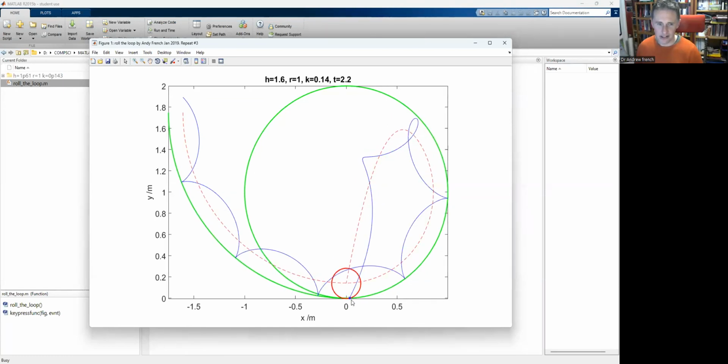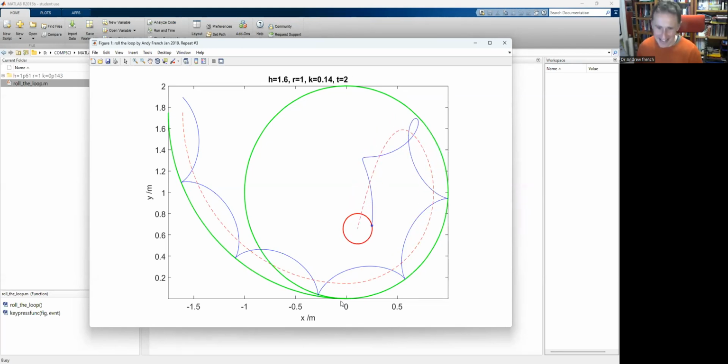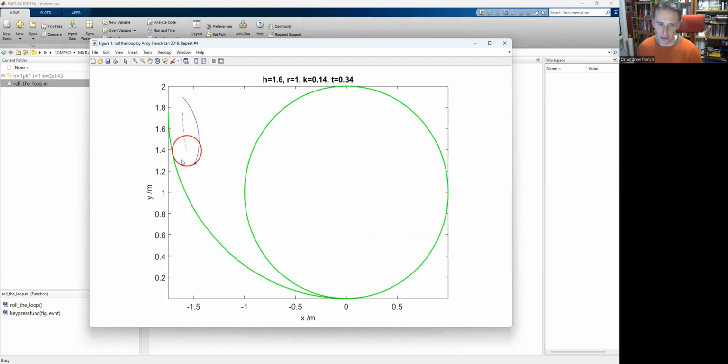And this particular set of inputs is such that it lands bang on at 0, 0. So that's quite a fun, gnarly problem to work out. Another one is, what is the minimum height so that I drop my ball and it rolls all the way around and keeps going all the way around, looping the loop? So I'll see if I can do that.